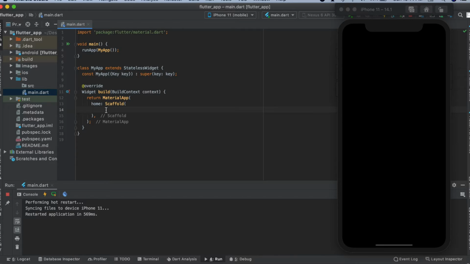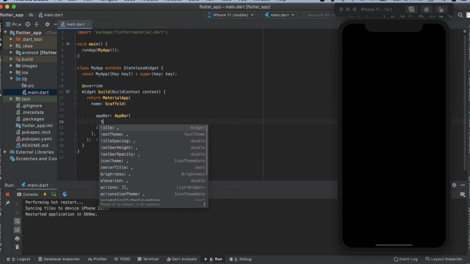Now let us start with the very basic, that is your app bar. I'll just give the app bar first, followed by this app bar class. This is the app bar class. Yeah, so we have certain properties in it. And first of all, what is app bar? App bar is a widget that contains a toolbar, and there are multiple widgets we can put inside this app bar also. So let's start with few of its properties.